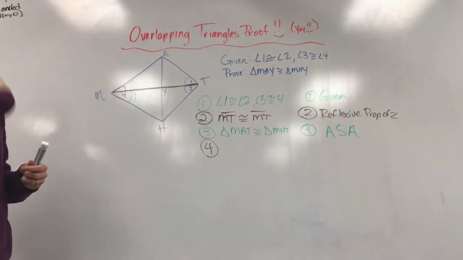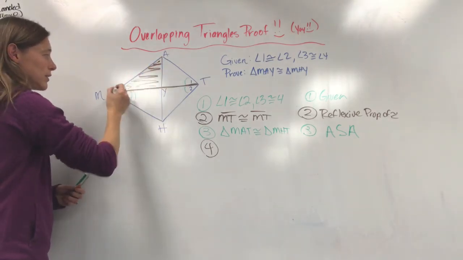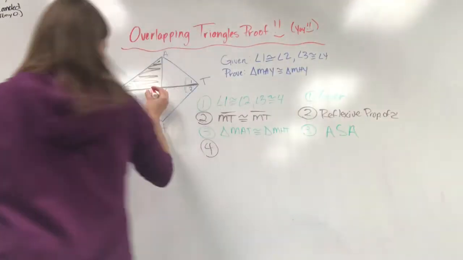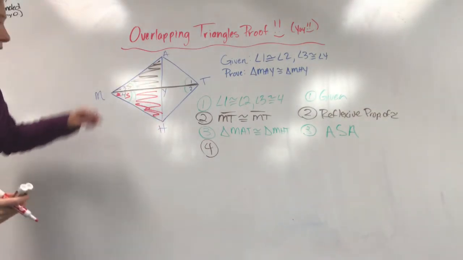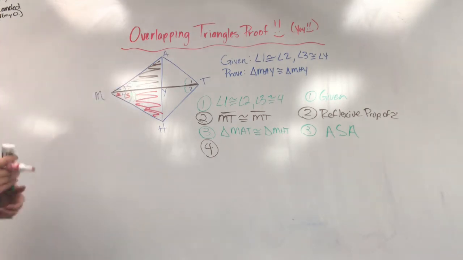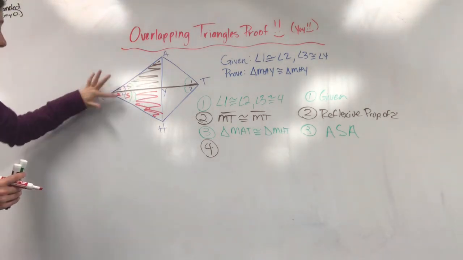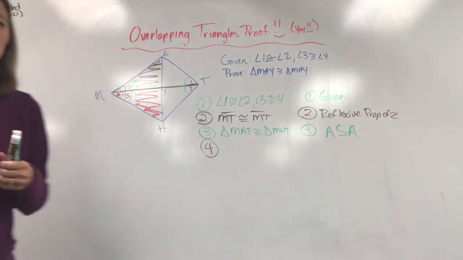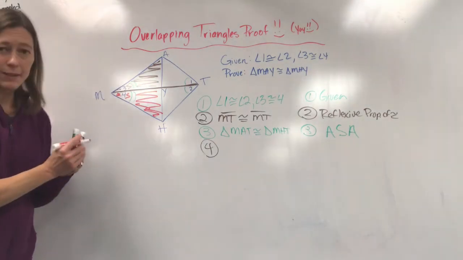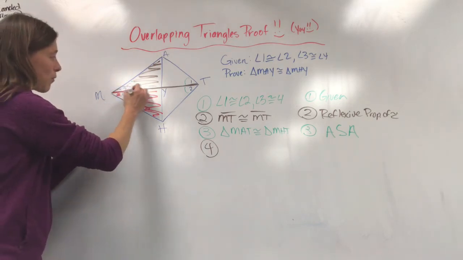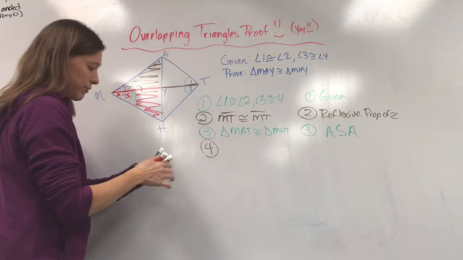So if you look at these two now, I'll shade this one in brown and this one in red, so you can see the triangles that we're trying to prove congruent. We already said that angle 3 is congruent to angle 4, so we have one set of corresponding congruent parts. Do you see something else? Yeah, they share this MY right there. They share that side. So I'm going to say for my next step,